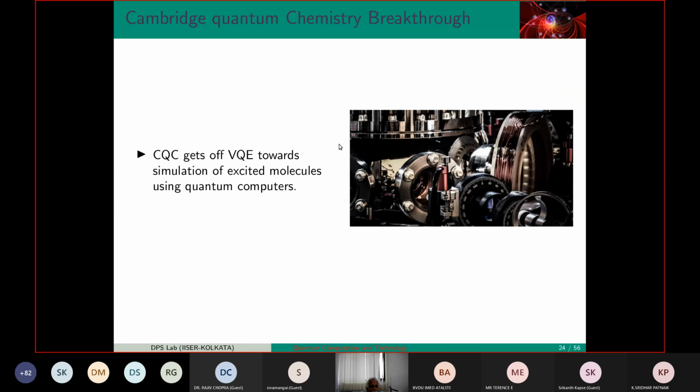Okay. Now let me show you that quantum computers are now everywhere. Primarily, they are being used by a lot of chemistry people. You just see every chemistry lab now has a group dealing with quantum computation. Why do they need it? Because they need to compute their energy eigenvalues very, very accurately. So that is where they need a quantum computer.